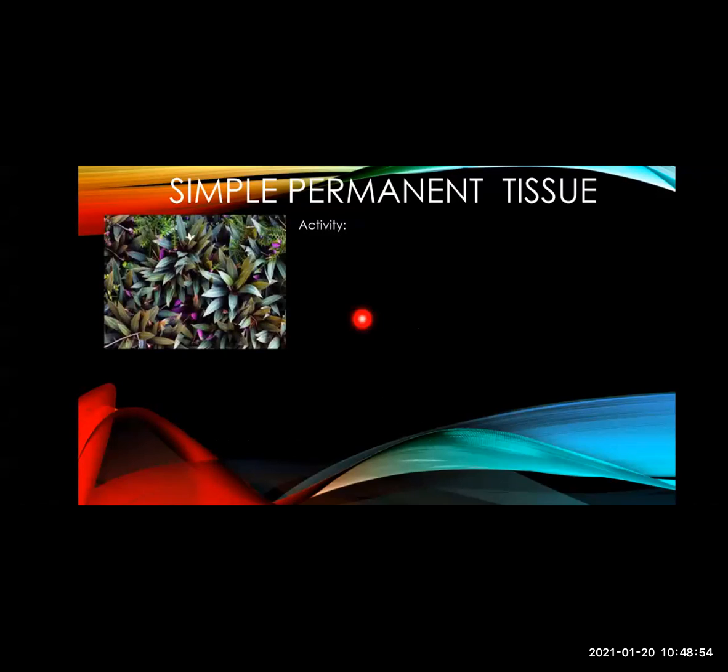This plant is known as Rohio plant. For this activity, you can take different types of plants, like you can take lily leaves, you can take beetle leaf, any. But as in this plant, you can see the back side is having a specific color, that is pink. So you do not need a stain when you prepare the slide of this leaf, and the observation becomes easier. So usually this plant is selected. This is known as Rohio plant.